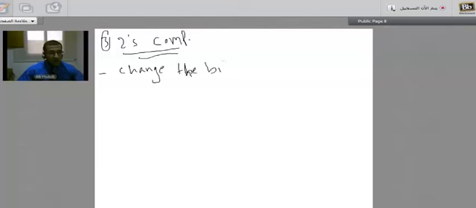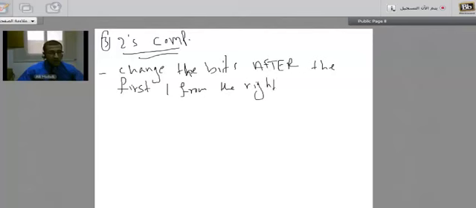the bits after, I'll put this in capital so you can see it well. Change the bits after the first one from the first one from the right hand side. So from the right hand side,